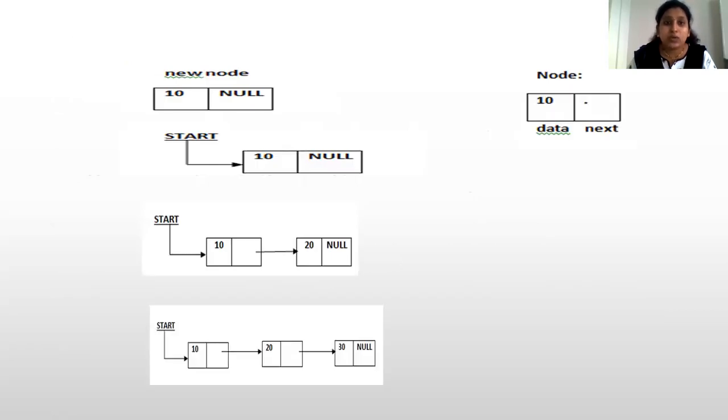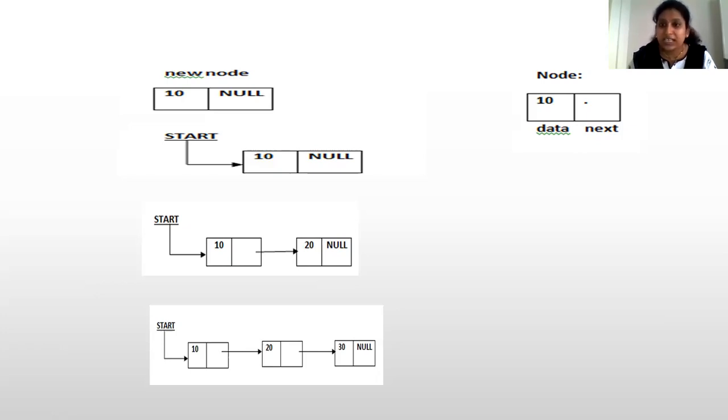Okay, so this is how we are going to create a new node. Initially, whenever you are creating a new node, we are going to take the data as well as this null value. Then we will be pointing with the help of the pointer. We are assuming that the first node which we have created is the new node, and we are taking that as our starting pointer. Okay, then whenever we are creating the other node, with the help of this pointer, we are going to establish a link between this first node and the second node. Okay, like that we are going to take the data into our list.